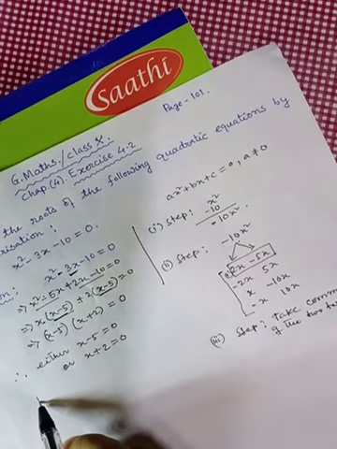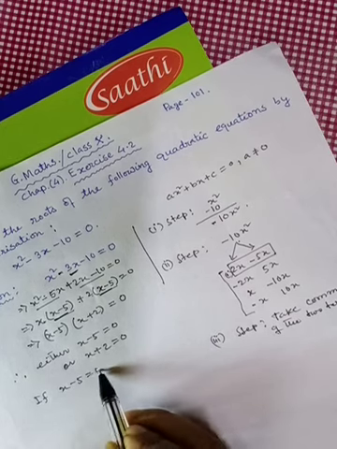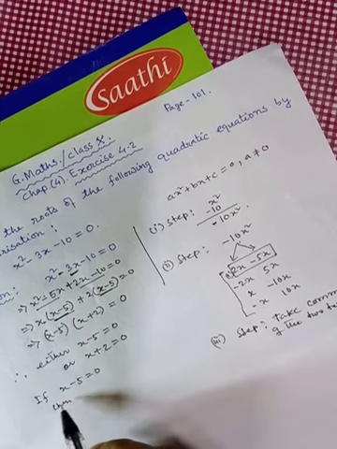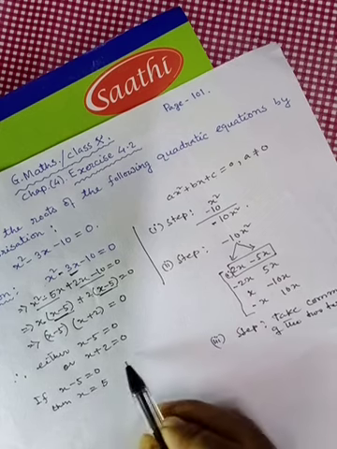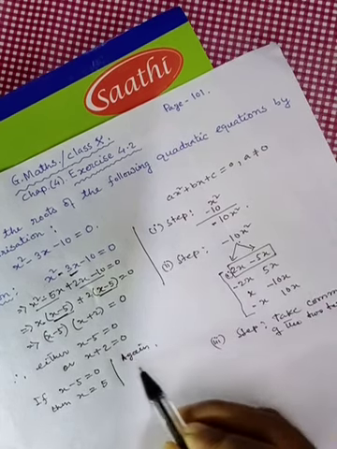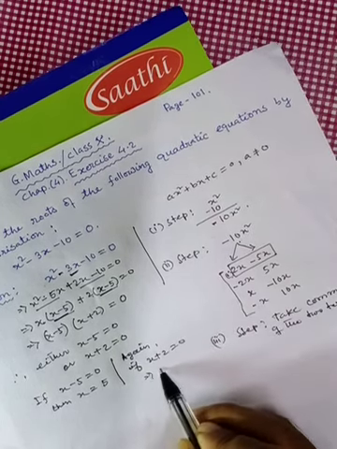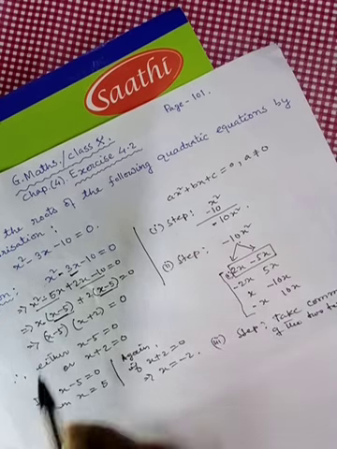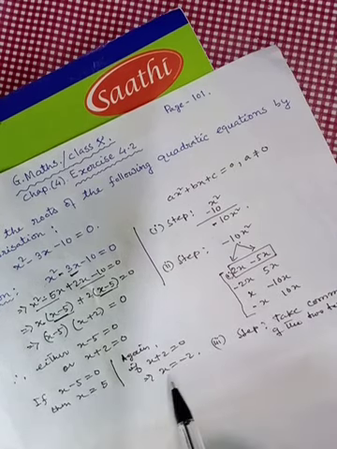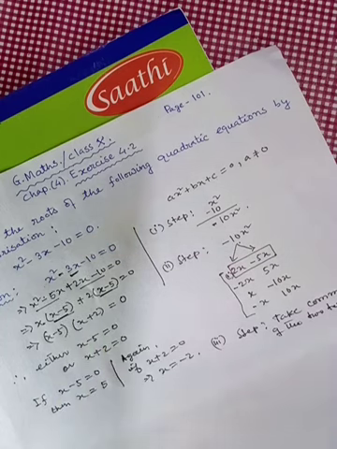Now if x minus 5 equal to 0, then x equal to 5. Again if x plus 2 equal to 0, then x will be minus 2. Therefore the roots of the quadratic equation x square minus 3x minus 10 equal to 0